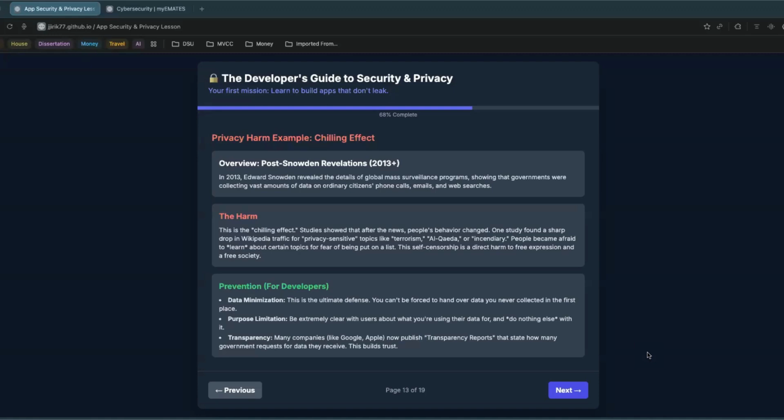And for that, of course, as developers, there's data minimization, right? Just don't collect it. If you don't need it, then who cares? You don't need it. That's the bottom line, right? Limit the purpose, be very specific about why you collect it and use it only for the purpose that you